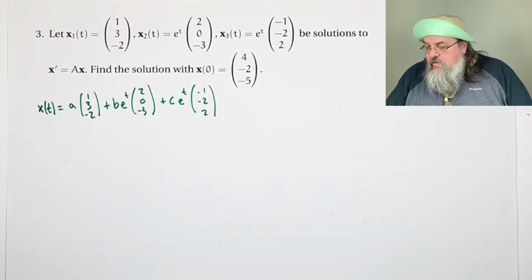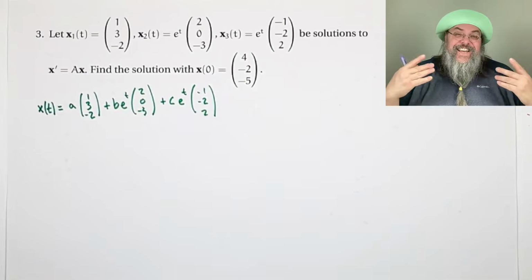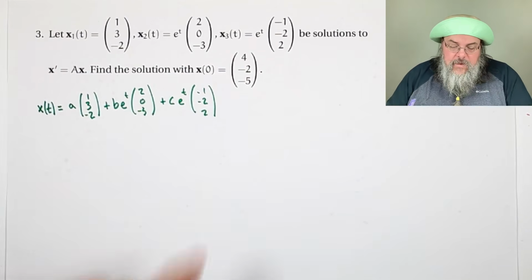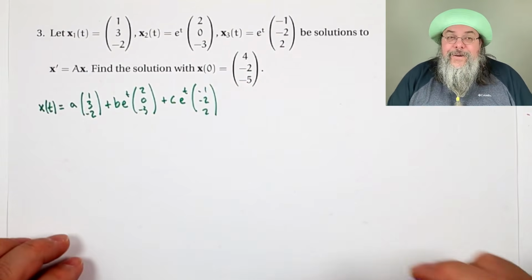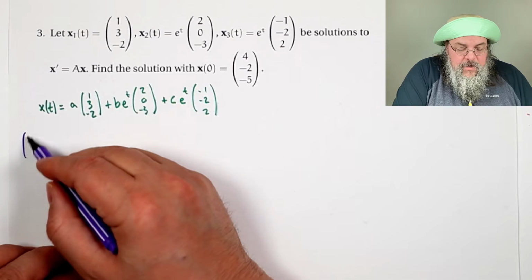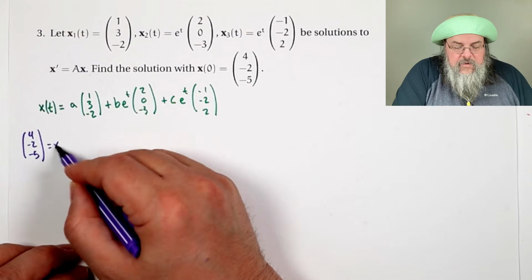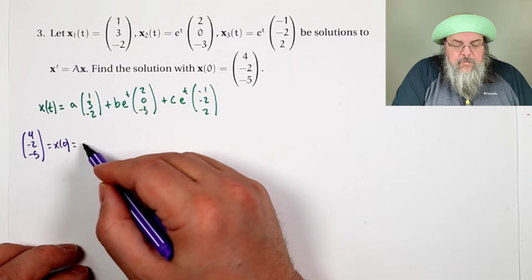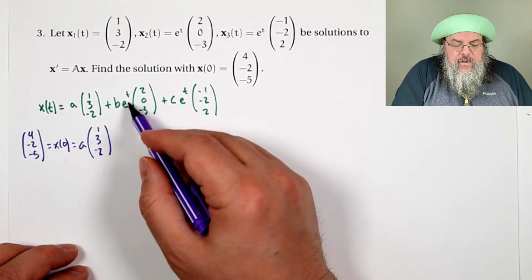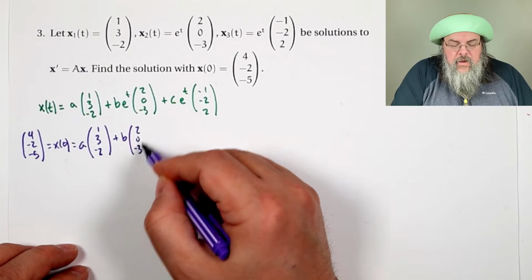a, b, c, it's easy as... Well, no, it's not going to be easy. It's going to take a little bit of work. All right, but it's not so bad. What can we do? We'll start with what should happen when we plug in 0. So we get 4, -2, -5. Well, that's our x of 0. And that would be plugging 0 into all three of these terms. Now, not a lot goes on except that these e to the zeros disappear,